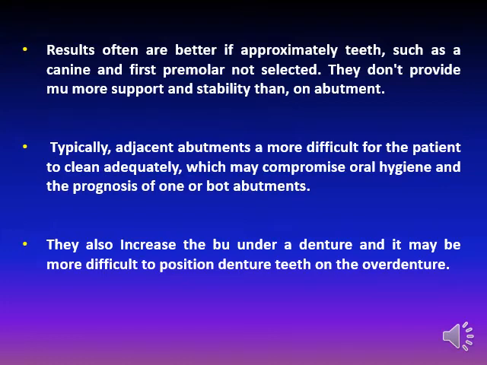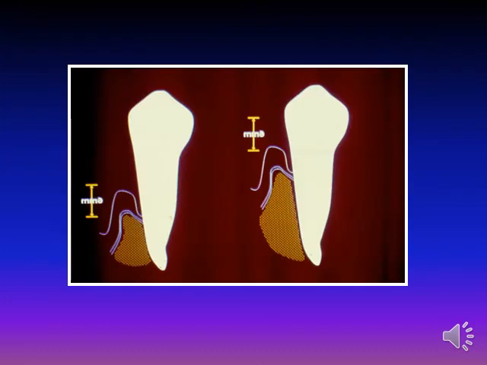They also increase the movement of the denture and make it more difficult to position denture teeth on the overdenture. This is the bony support for the root. When the bone equals 2/3 of the root, it is better for use as an abutment for